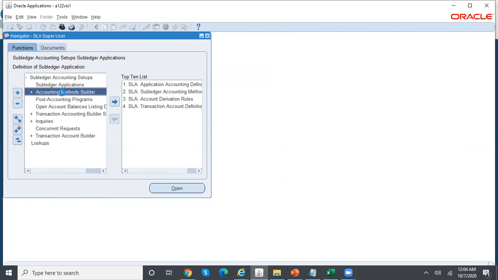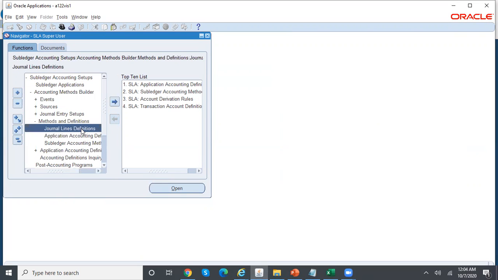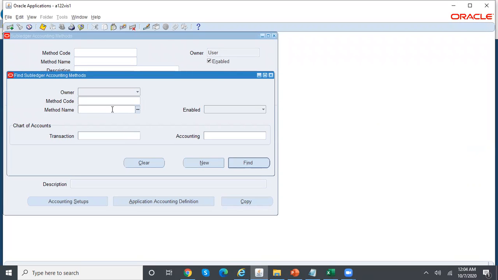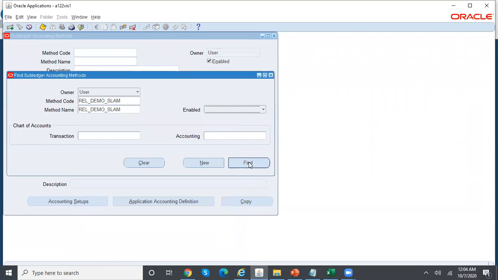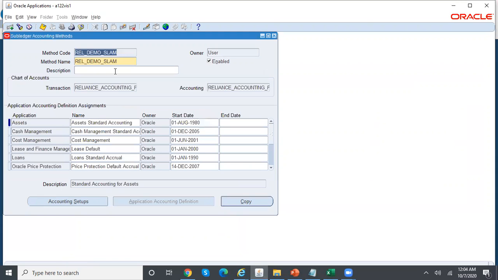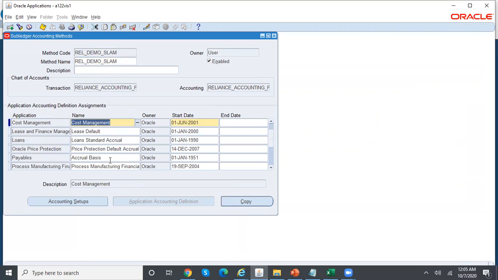Subledger accounting setups, accounting method builder, methods and definition, subledger accounting method. So search for your Reliance demo SLAM. This is my custom subledger accounting method. Under the subledger accounting method, I have different applications and the concerned application accounting definition assigned to that. My current focus is on the payables application, and for the payables application, this is a standard Oracle provided application